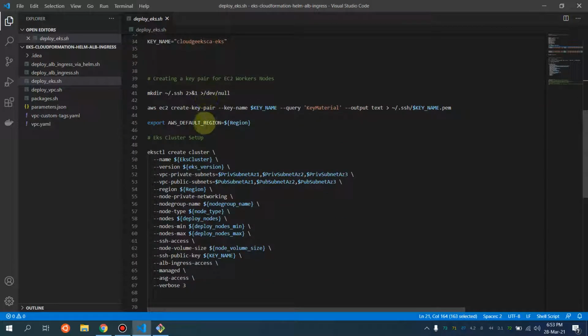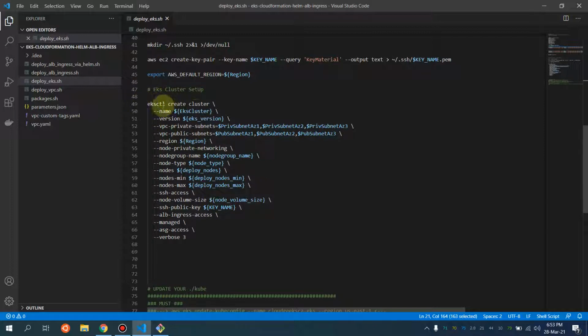The variables are going to update this eksctl cluster. I showed you all the stuff from above, and this is the one I showed you earlier: the private subnet AZs, AZ2, AZ3, and the public subnet is going to be covered from there.